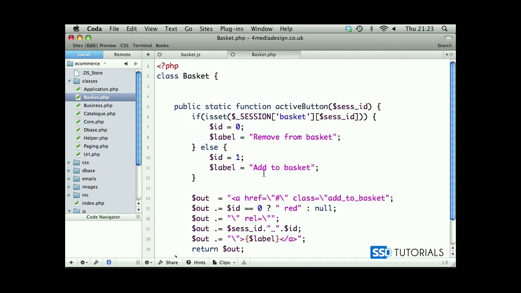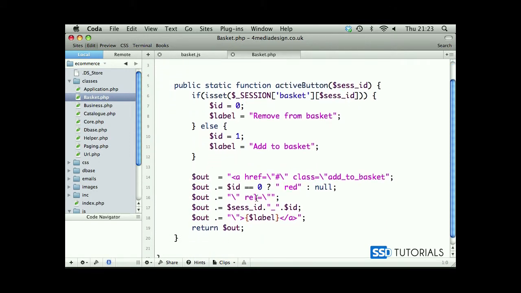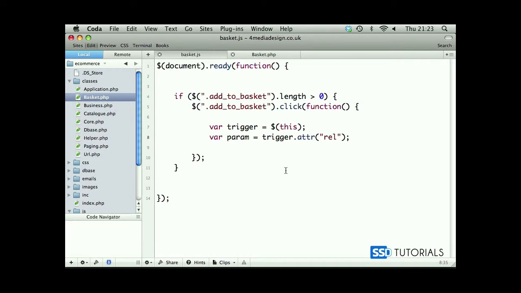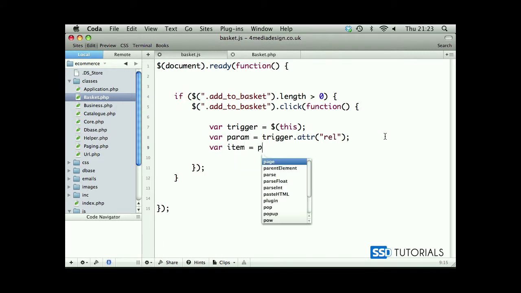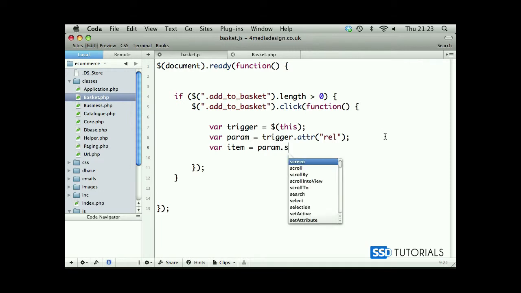If we open our basket.php, as you may remember, our rel attribute will store the session ID concatenated with the underscore and ID which has been generated here. Then next variable will be the item, and that will be param dot split,